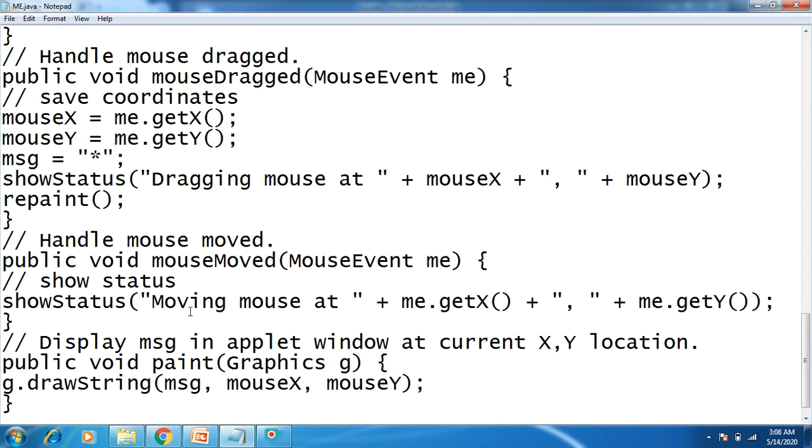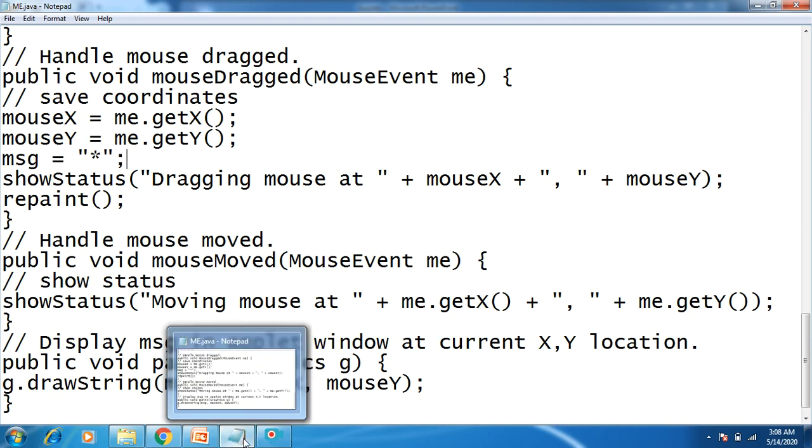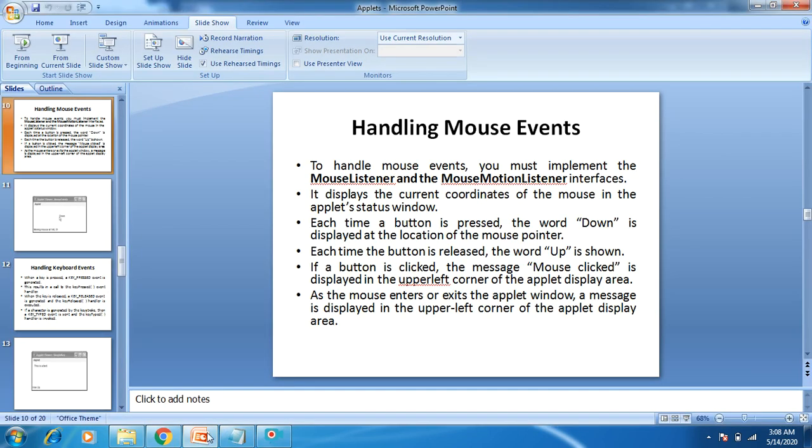Then mouseMoved, suppose you move the mouse, then moving mouse at so and so position. Then paint is a method, it is going to show you the message along with the x and y coordinate of the mouse. So this is exactly how the mouse event is handled.